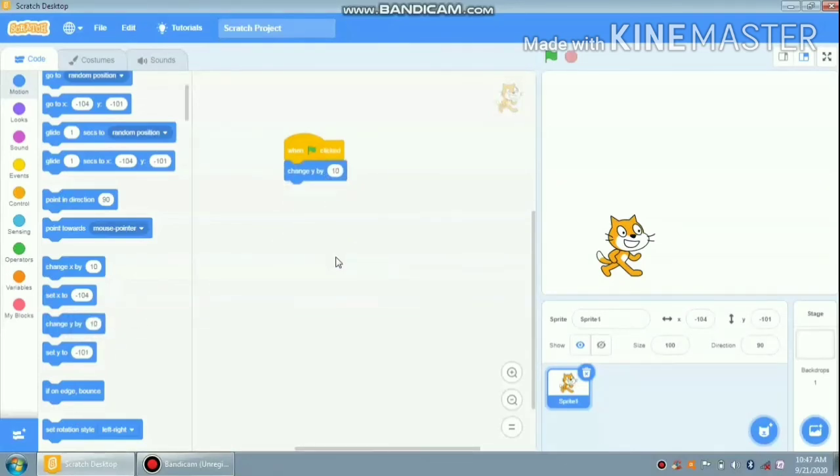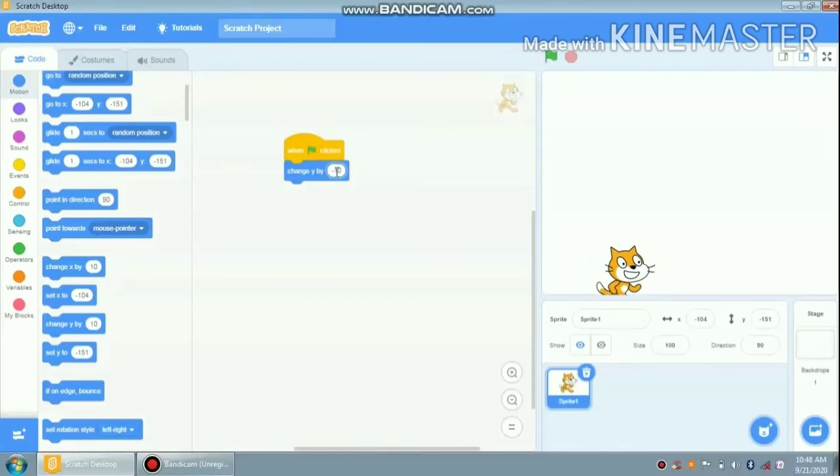Y direction is used to move up or down, and X is used to move our sprite left or right. Now this value is positive because no minus sign is there. If we apply a minus sign first, then our sprite will move back down.